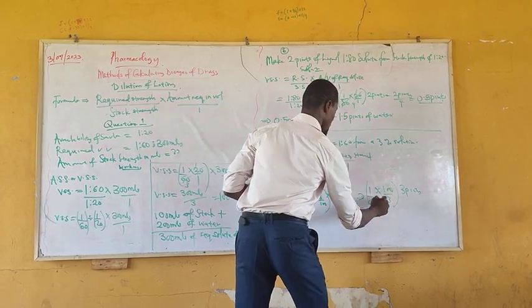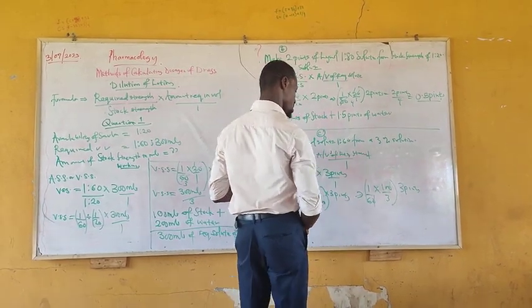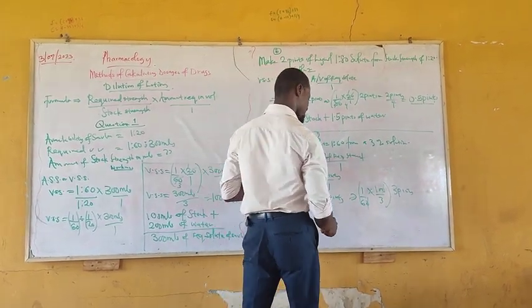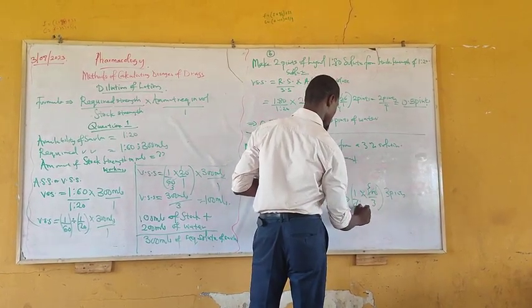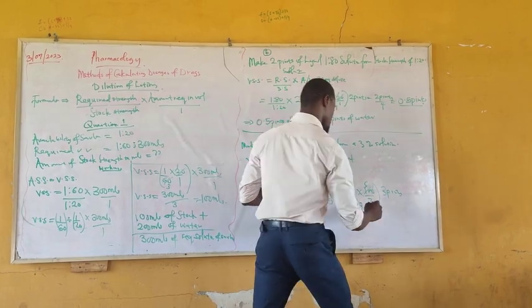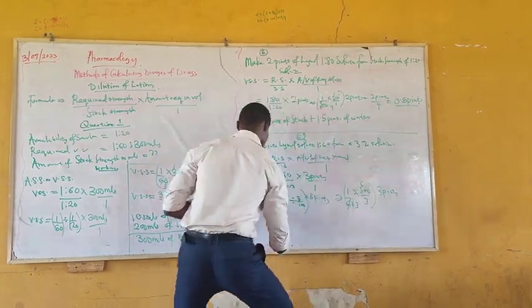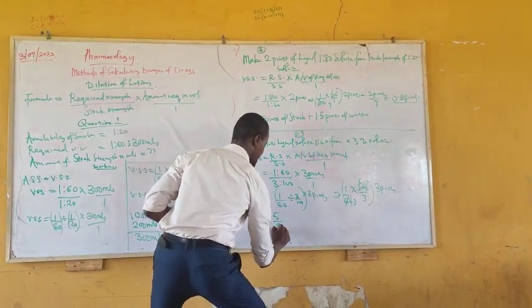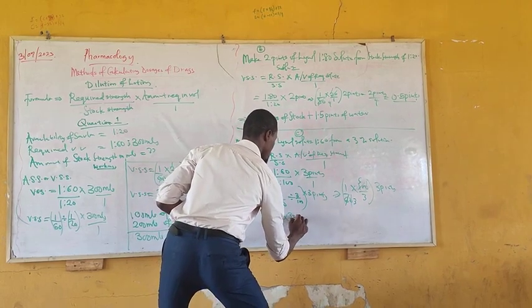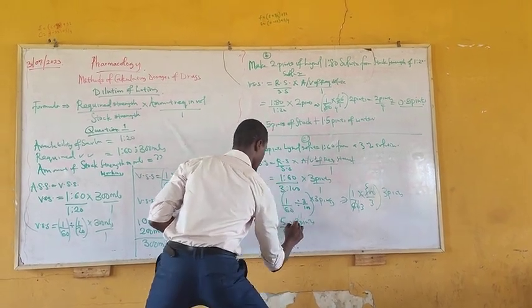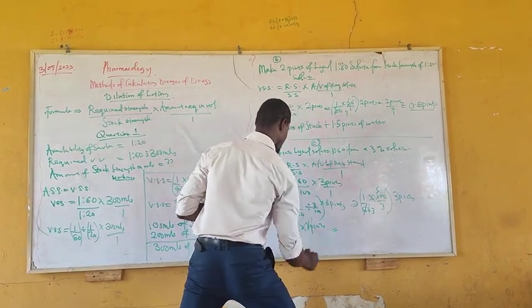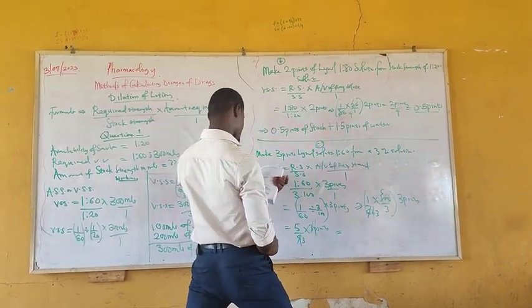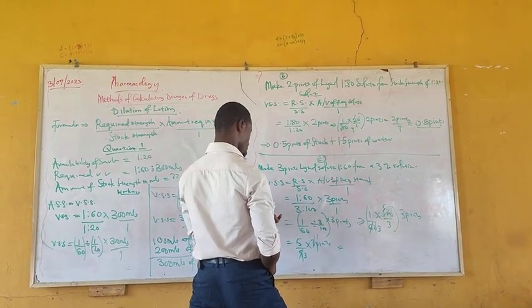So the zeros cancel here. We have 10 over 18, 2 here 5, 2 here 3. This gives us 5 over 9 times 3 pints. 3 here 1, 3 here 3. So what will 5 over 3 give us? 1 point what? 1.2 and